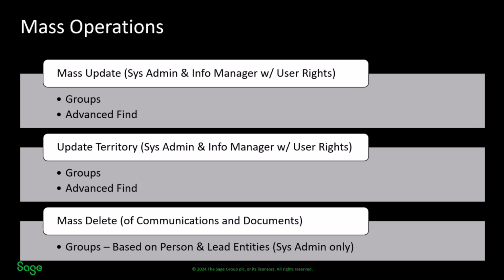We use the word mass operations to describe a set of features inside Sage CRM concerned with the management of sets of data. We can update fields within a set of records, or move those records to a new territory, or identify a set of records that we then need to purge of